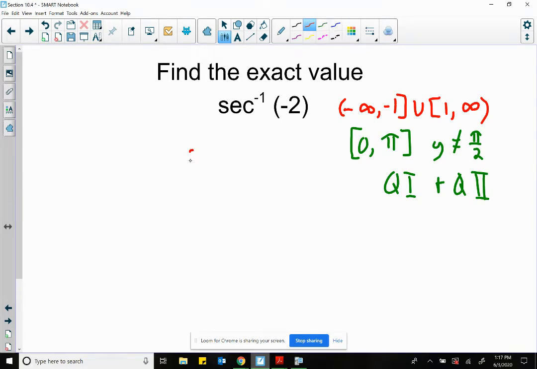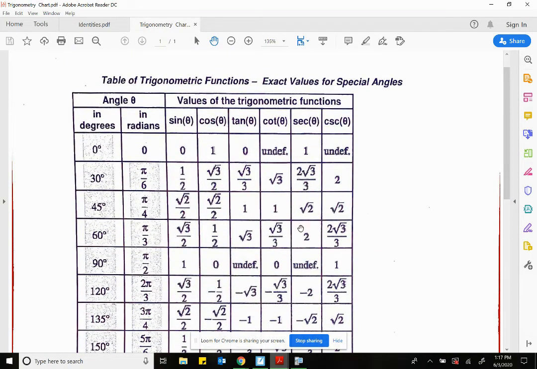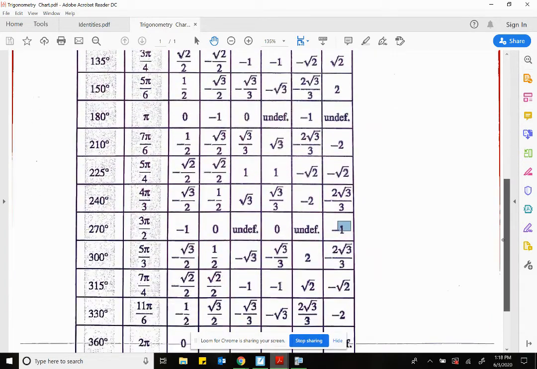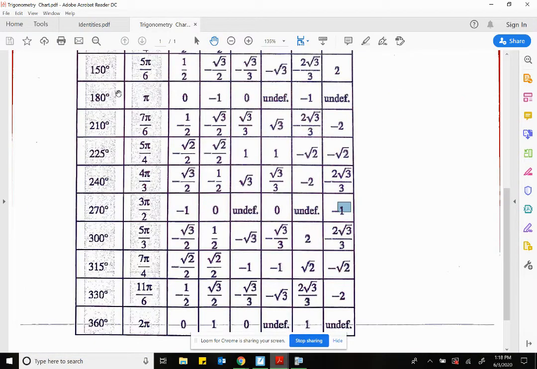So again, you're looking for what is secant theta when the answer is -2. So theta equals, go to our chart. We need secant, so it's right here. When are we -2? There's one, 120 degrees. And the other guy is 240 degrees. 120 degrees and 240 degrees. According to the quadrants, 240 is out. And 120 in radians is